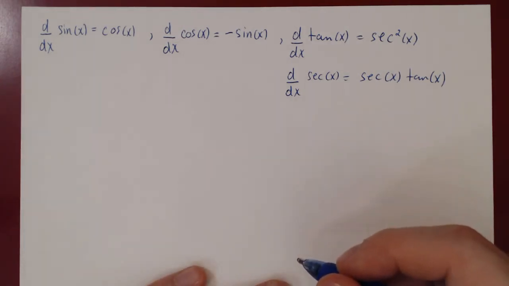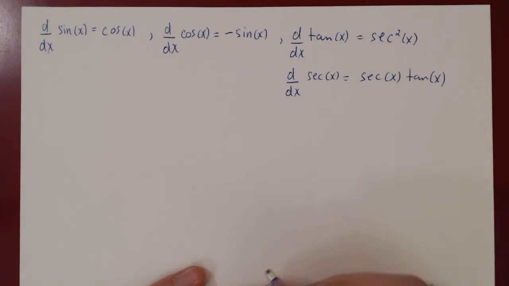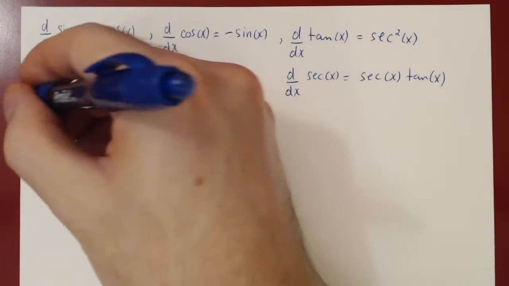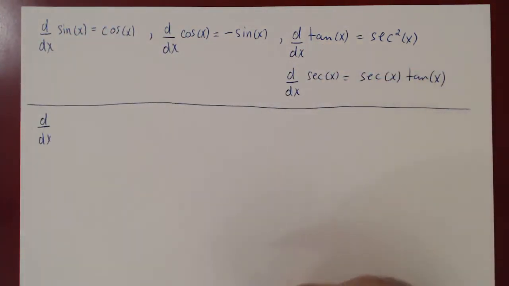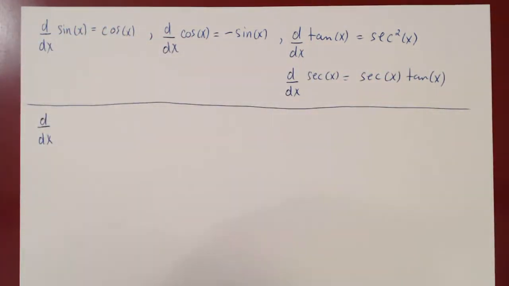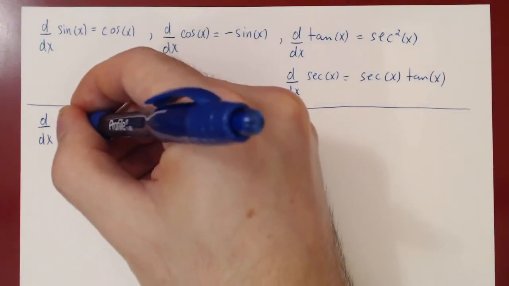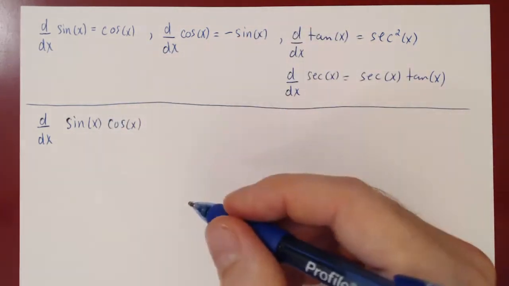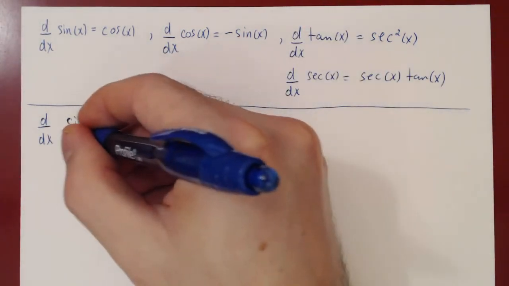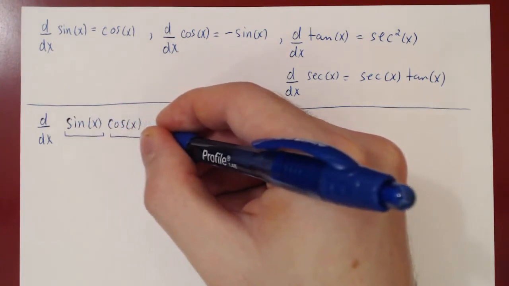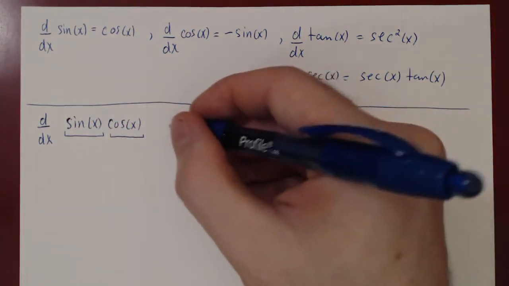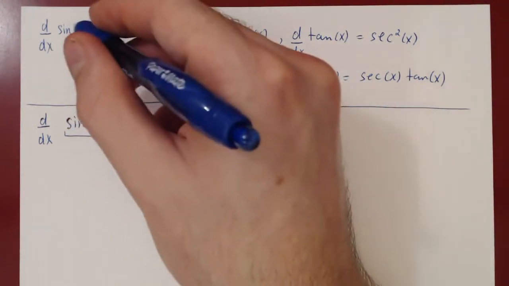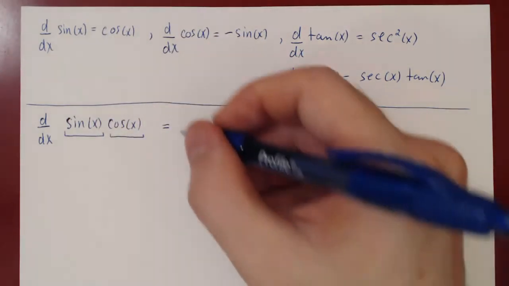Let's do an example first with, say, the product rule. What if we asked for the derivative now, so we'll leave this up here, of, say, sine of x times cos of x. We have a product, so we use the product rule. So the first function is sine of x, the second function cos of x. The product rule says the first term is the derivative of the first function, and the derivative of sine is cosine of x, so we'll get cos of x